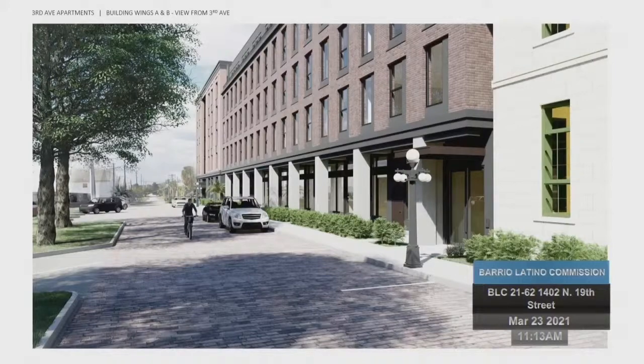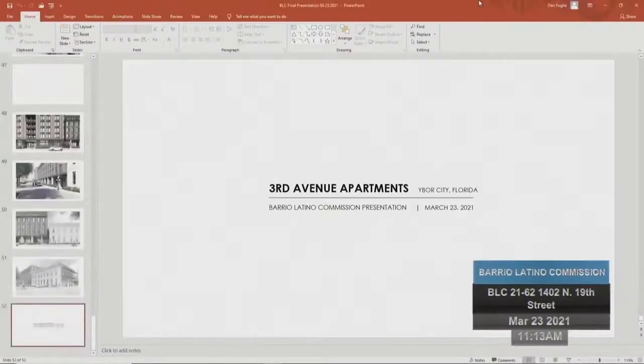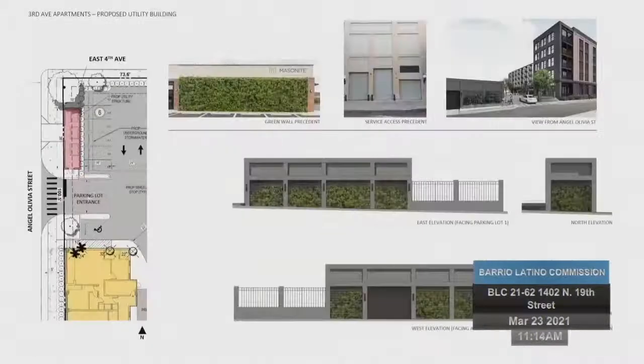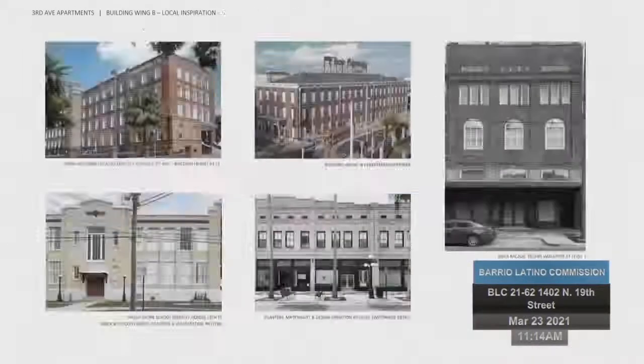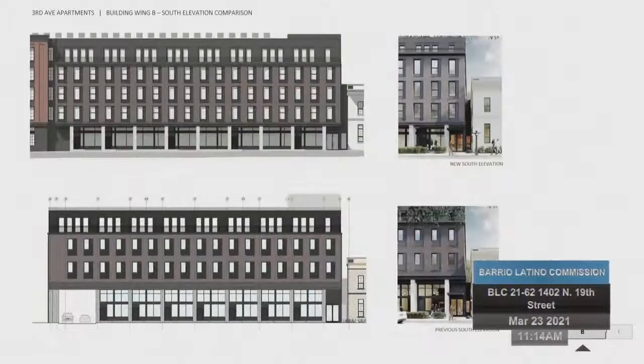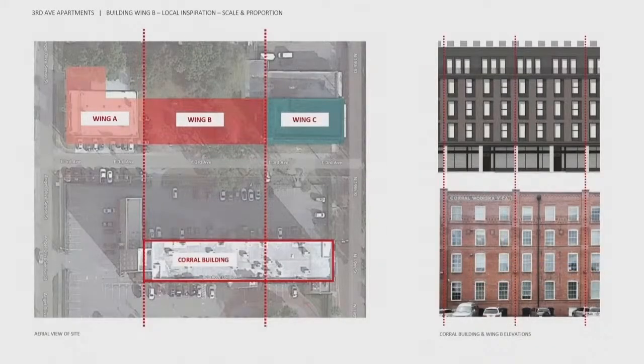Okay. You showed one elevation there comparing this elevation of B to the Corral building and the spacing. I don't know if you want to bring that back up. I'm trying to get caught up because I saw there's minor revisions to building B. So you want the side-by-side compare, go back one to the Corral. Yeah. So your column spacing, I see what you're trying to do to pick up the thickened pilasters there of the Corral building, but